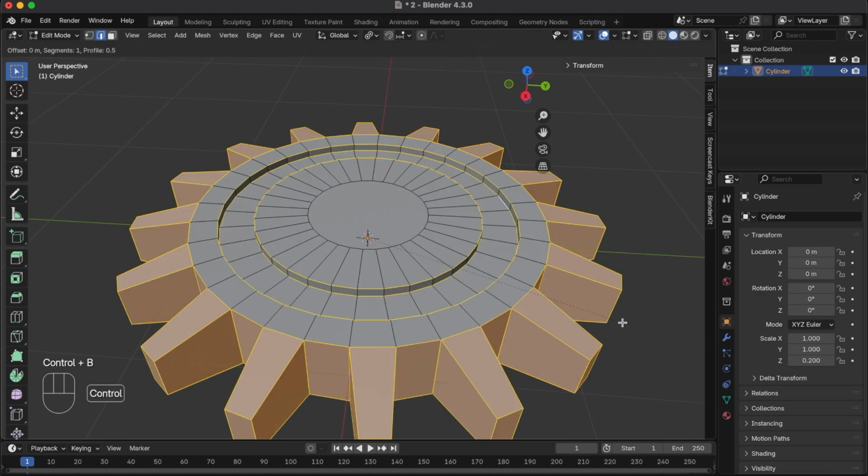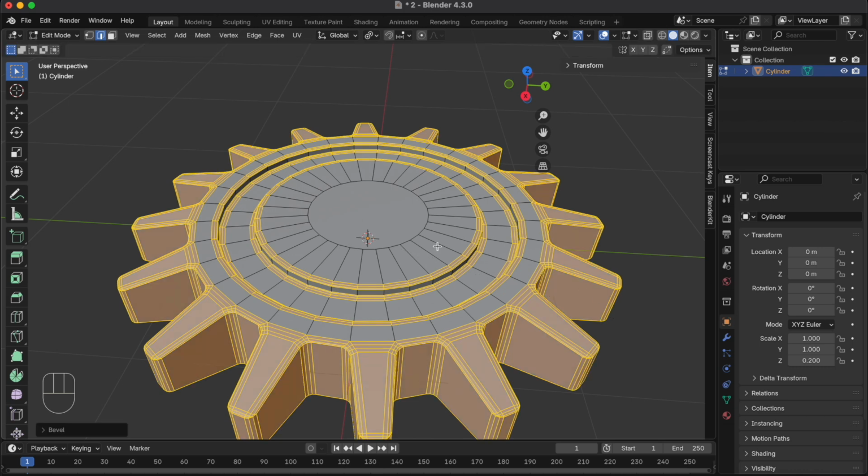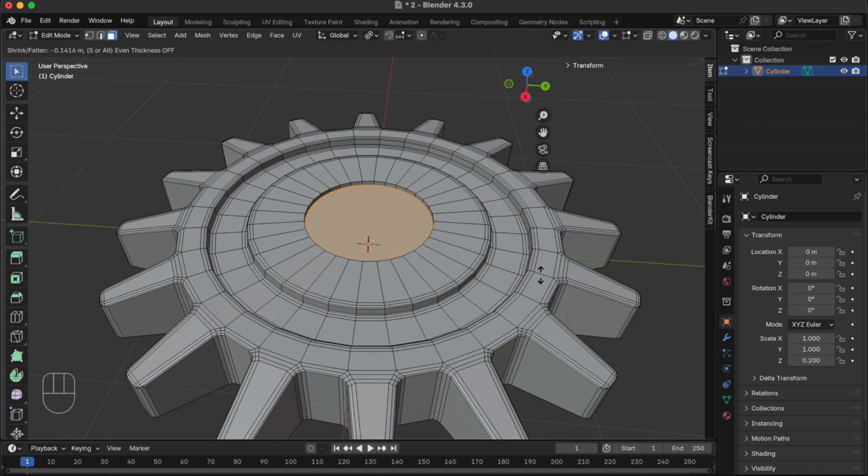So let's go ahead and press Control B and we can bevel these. Bevel them to your liking. We don't want to have too many segments, probably either 3 or 4 segments, and I'd say around 4 segments. We want to inset these faces